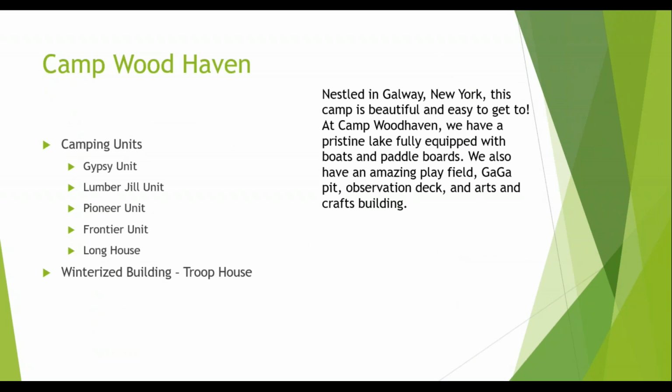Camp Woodhaven is in Galway, New York. There is a pristine lake fully equipped with boats and paddleboards. We also have an amazing playfield, Gaga Pit, observation deck, and arts and crafts building. The camping units here are Gypsy Unit, Lumberjill Unit, Pioneer Unit, Frontier Unit, and Longhouse, and they have a winterized